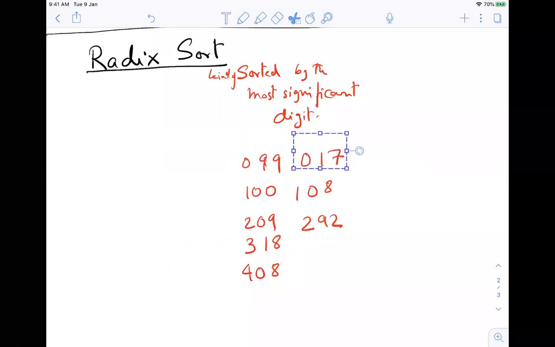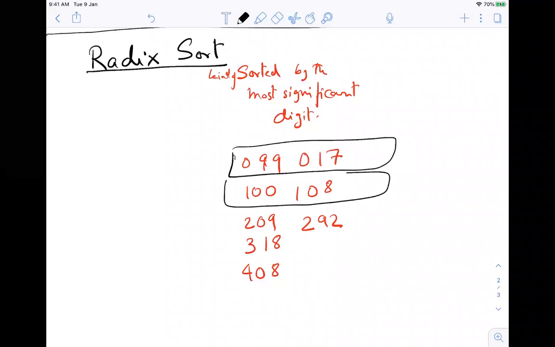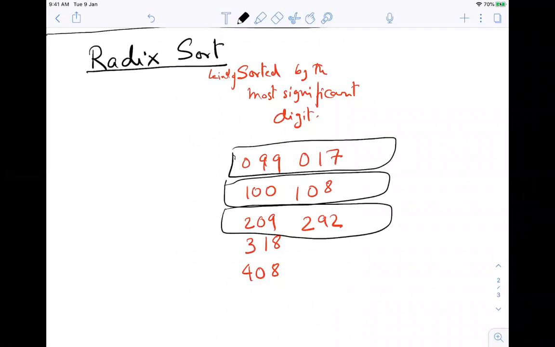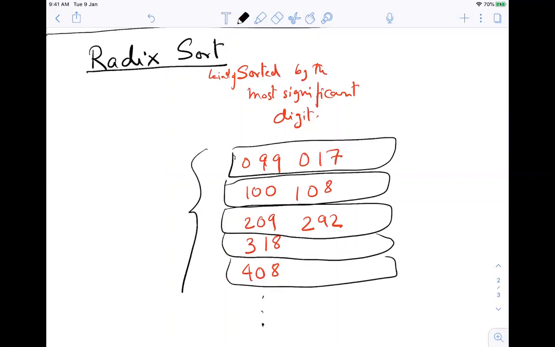Now I have got at most how many? I have got 1, 2, 3, 4, 5, and maybe at most 9 buckets, right? Oh, sorry, at most 10. I'm pretty bad at counting here. And we know that you have almost kind of done the bucketing algorithm. Now I need to sort out each of these buckets.